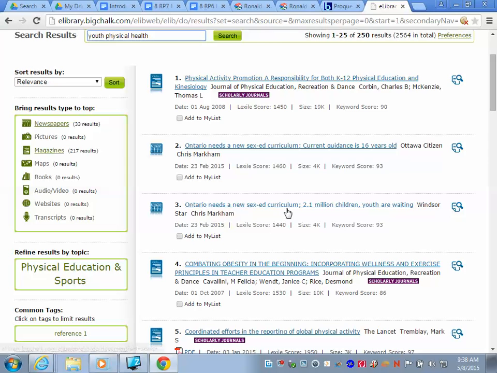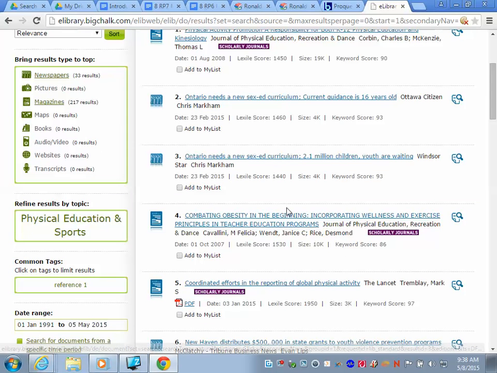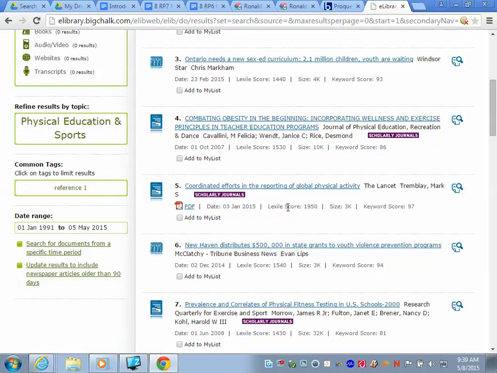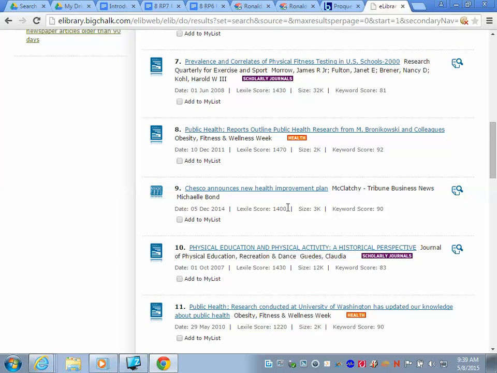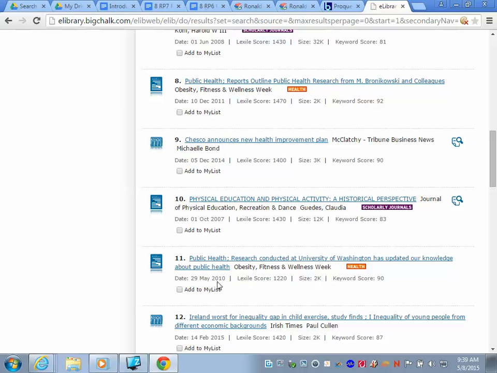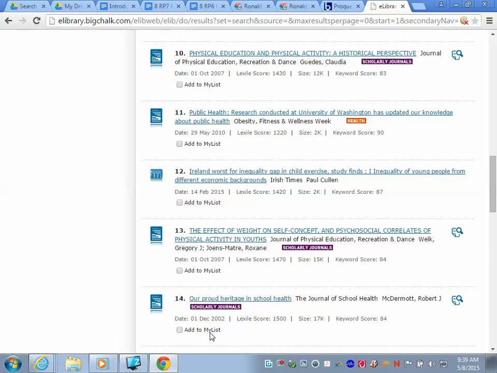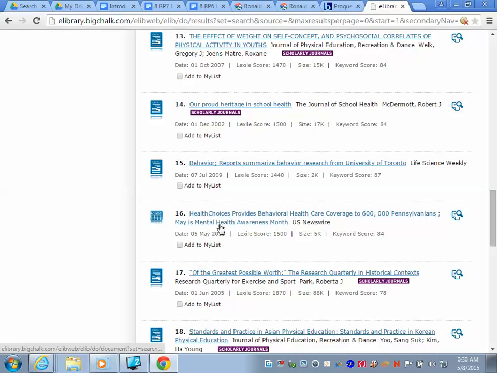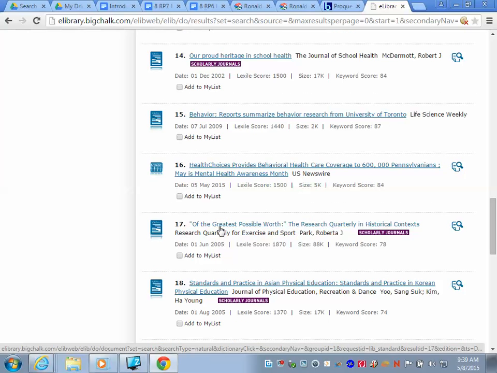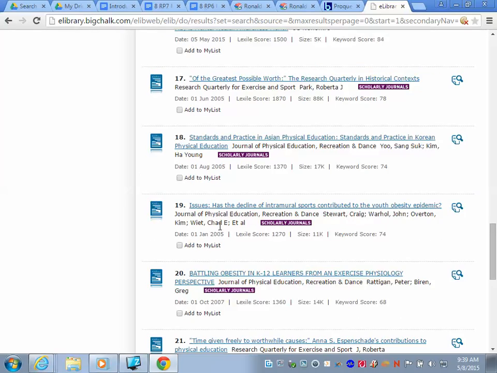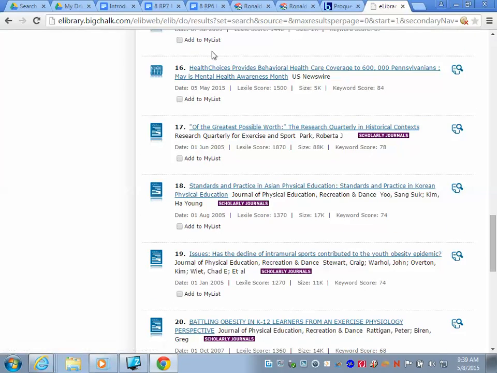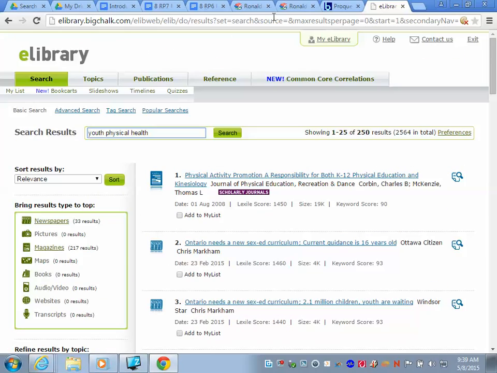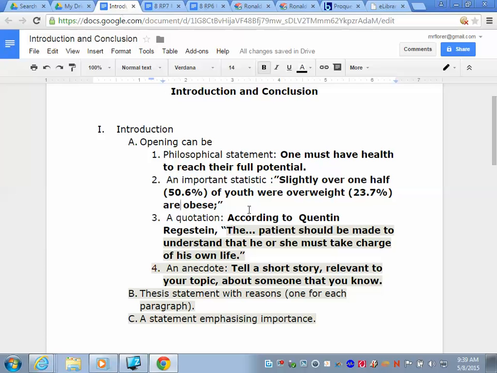And here we have several articles about it, and I found one of them, and I found my statistic in one of these articles. So what I have to do now is I have to use the MLA from that article, which means that I am going to have to copy and paste it into my RP1. So I'm going to go back here to this, and